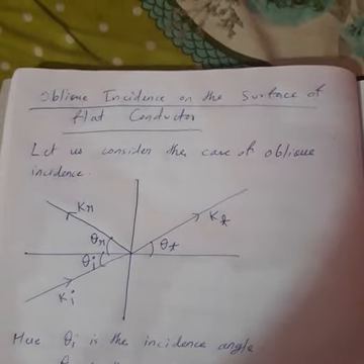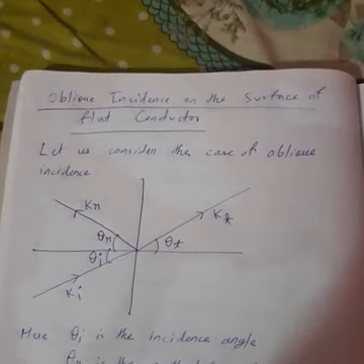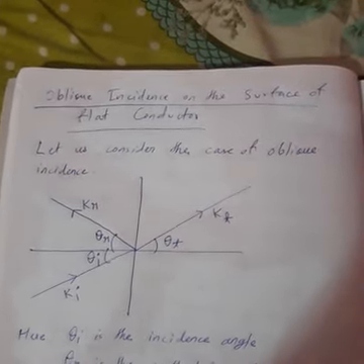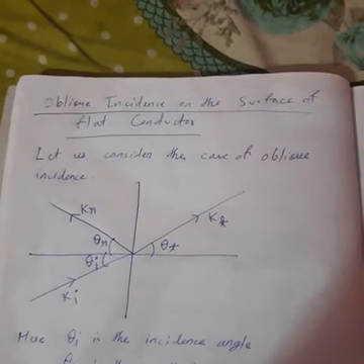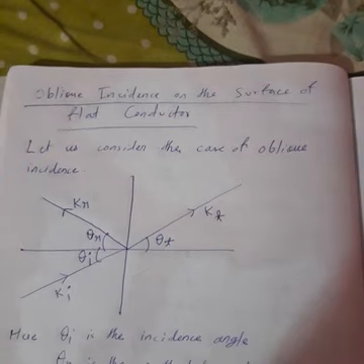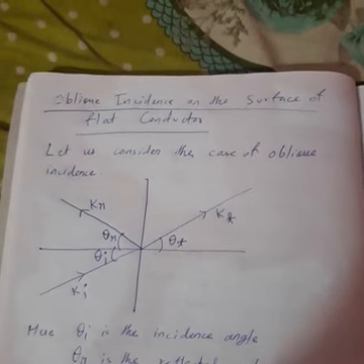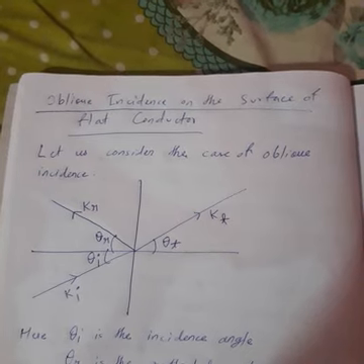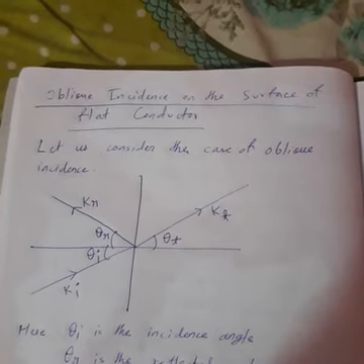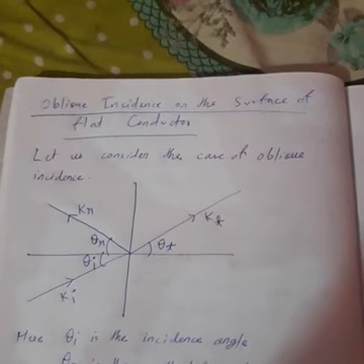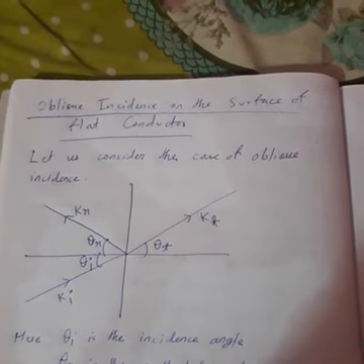In the previous class we considered the various formulas: electric field, magnetic field. We defined various angles for oblique incidence. So in the previous class we had the generalization concept. Now we apply this oblique incidence to particular cases. What are the two special cases? One is your perfect conductor or flat conductor. Number two is your perfect dielectric.